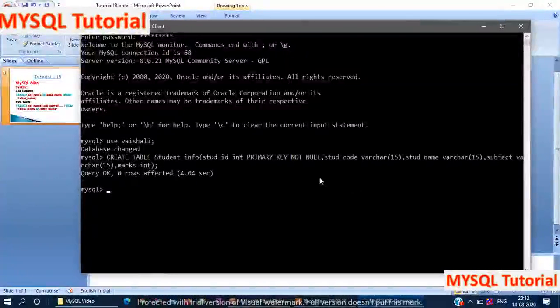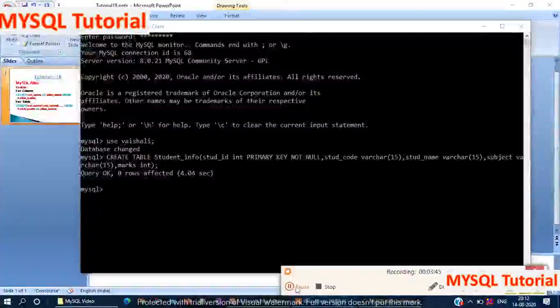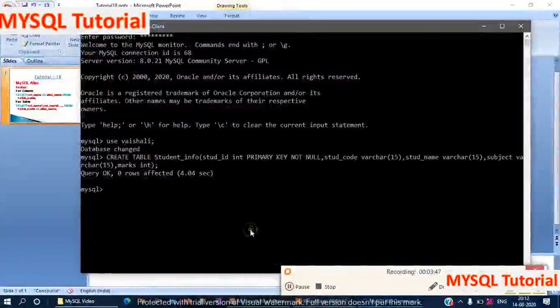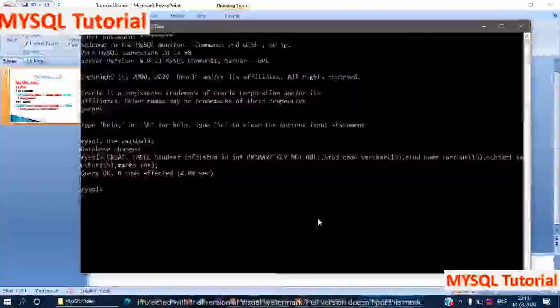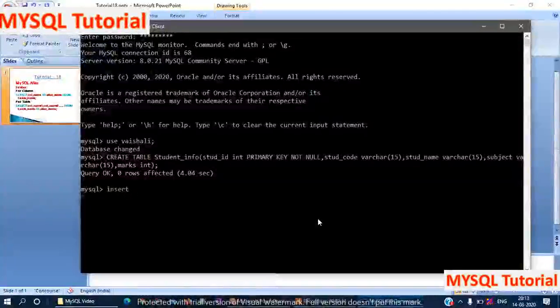After creating the table, we need to insert records into student_info. Now we are going to insert the first record by using the insert command. Insert into student_info values.